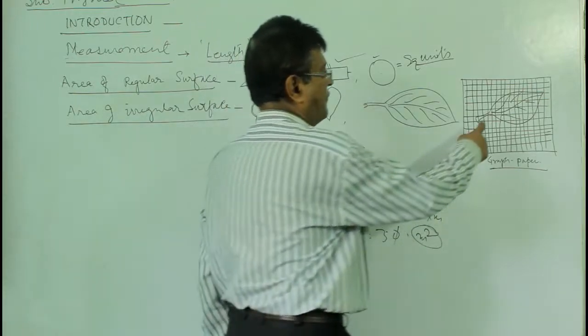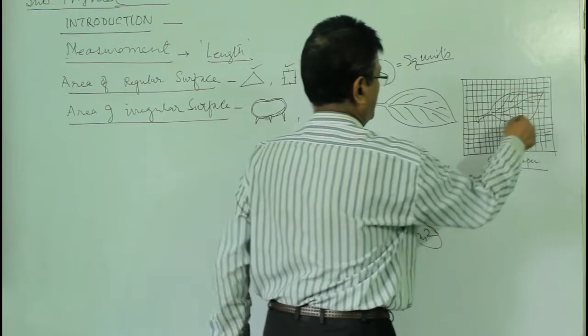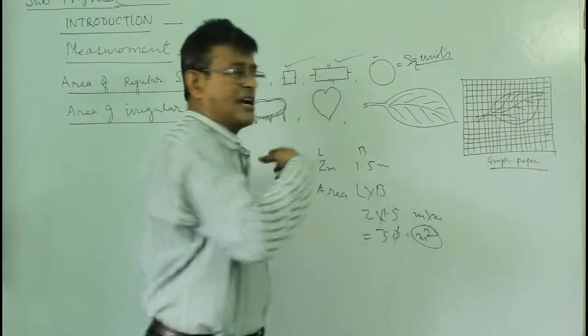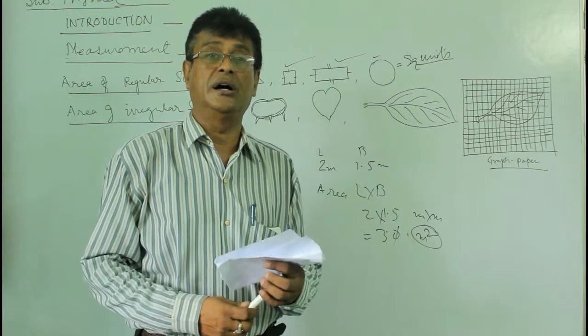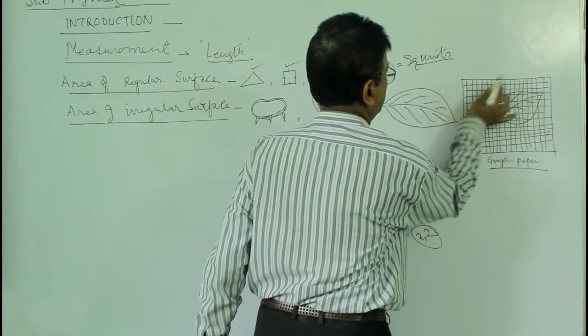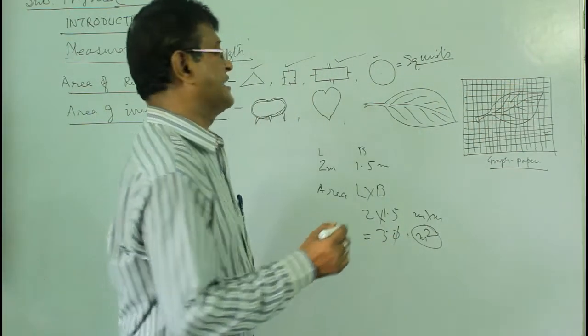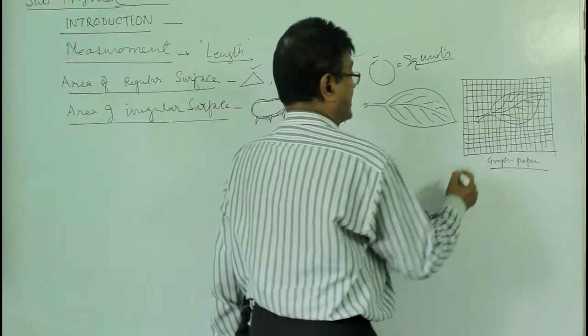You place the leaf on the graph paper and then make a margin of the leaf. After making the margin, you take out the leaf. Then how to measure the square? You know the graph paper has the small square units there, either centimeter square or millimeter square, whatever it is. So you will be counting